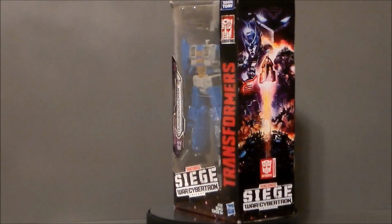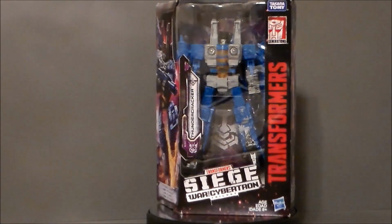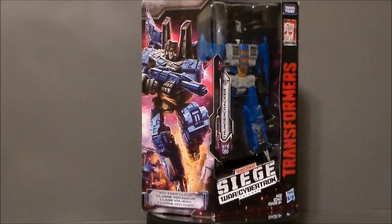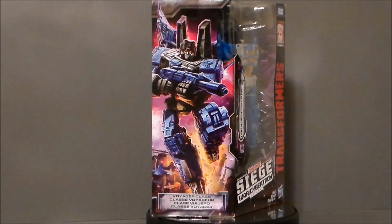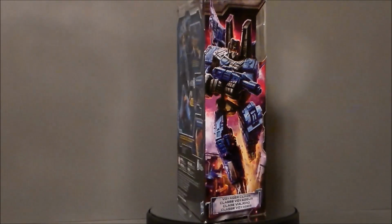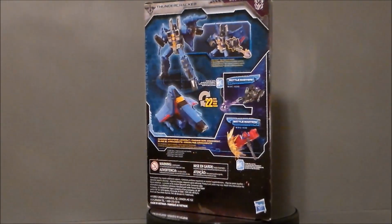Hey guys, Ultra Maximus back with another toy review, and today we're going to take a look at another Transformers figure. It's from the War for Cybertron, Transformers Siege. It's Thundercracker. Now, I found this at my local Walmart here in Greenwood on County Line Road in Emerson, and